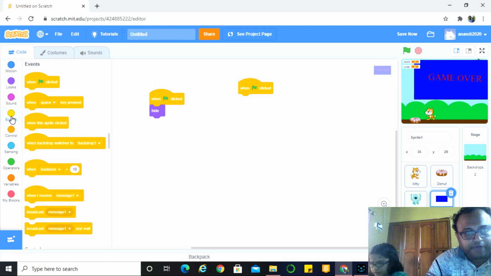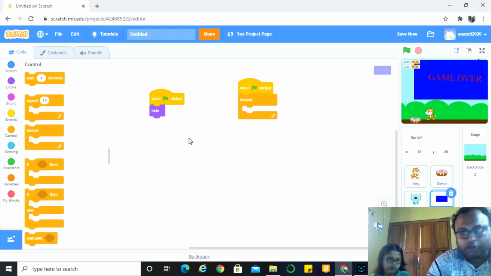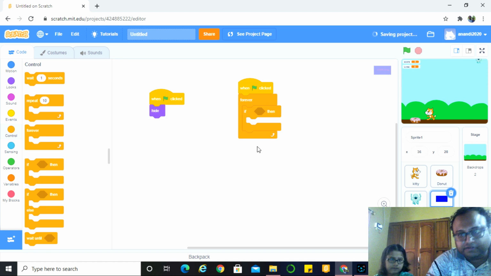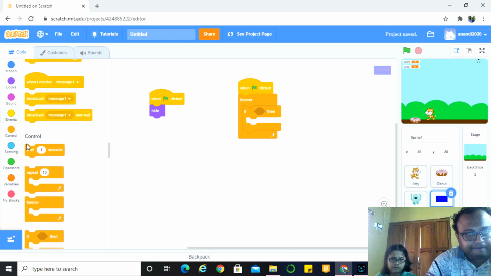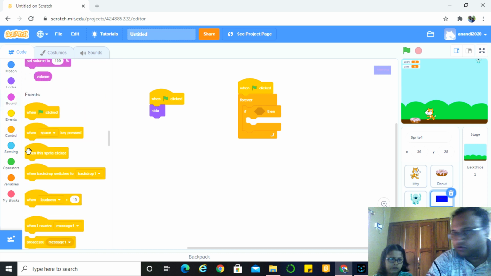Now when the lives become 0, you need an if block. That if block should be put under a forever block, because it will run the entire life of the program. So in this if block, the condition will be when the life is equal to 0.